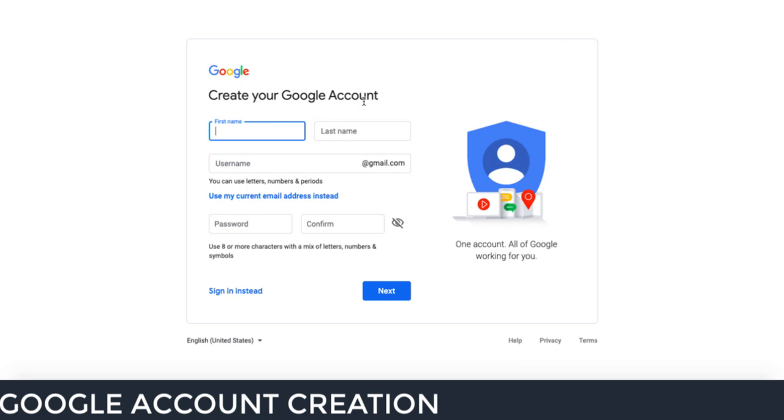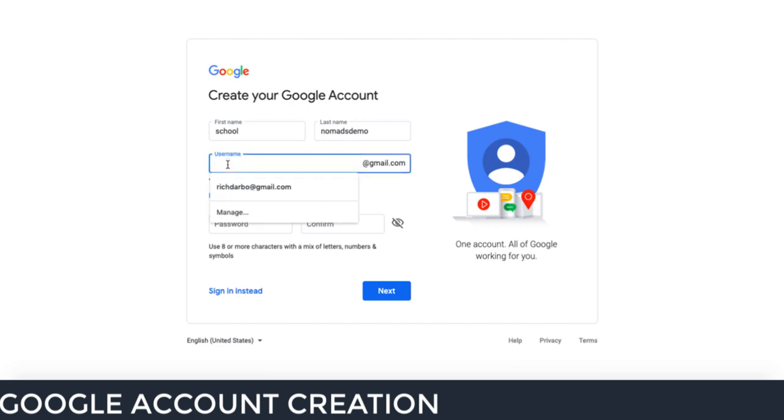So I'm going to call it something around that so it's not too different. What you can do is just give a first and a last name, it doesn't really matter what you put there, and then put a username in, and it'll see if this username has been taken. If I just put something pretty random in, it's not going to be taken. Let's go ahead and see if that's available. Looks like it is. Then I'll just put a password in here and confirm the password there and